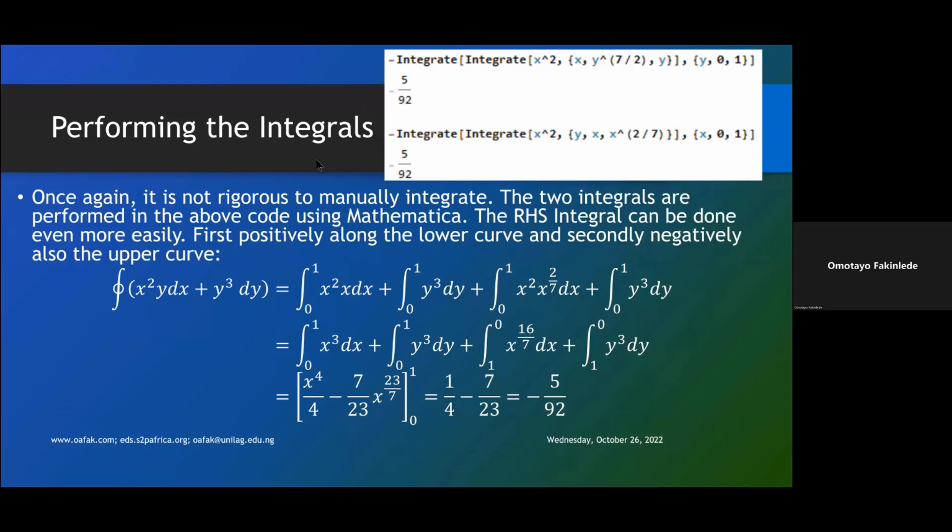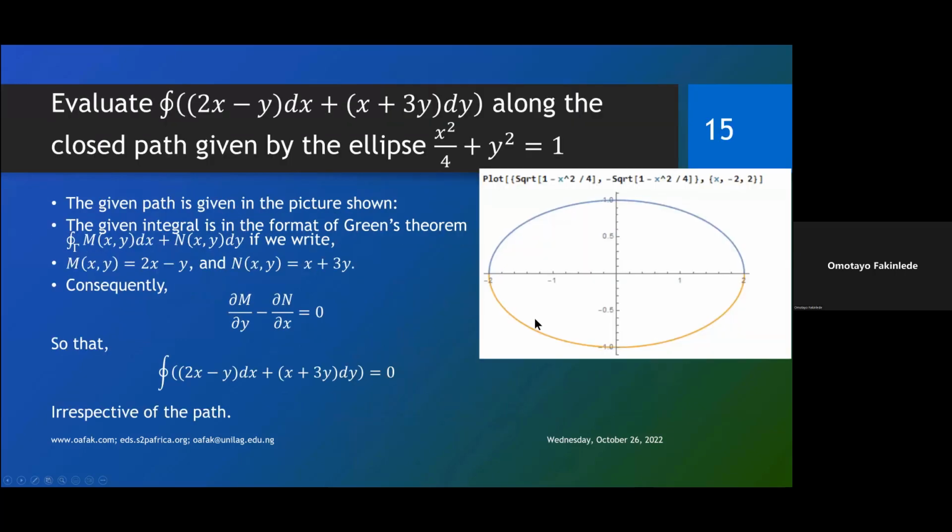So I want to go to the next example. The next example is evaluate the line integral (2x minus y) dx plus (x plus 3y) dy along the closed path given by the ellipse x squared over 4 plus y squared is equal to 1. This is the ellipse, this is the path you are trying to integrate on. The given integral is in the format of Green's theorem. If we write M(x,y) is equal to 2x minus y and N(x,y) is equal to x plus y,